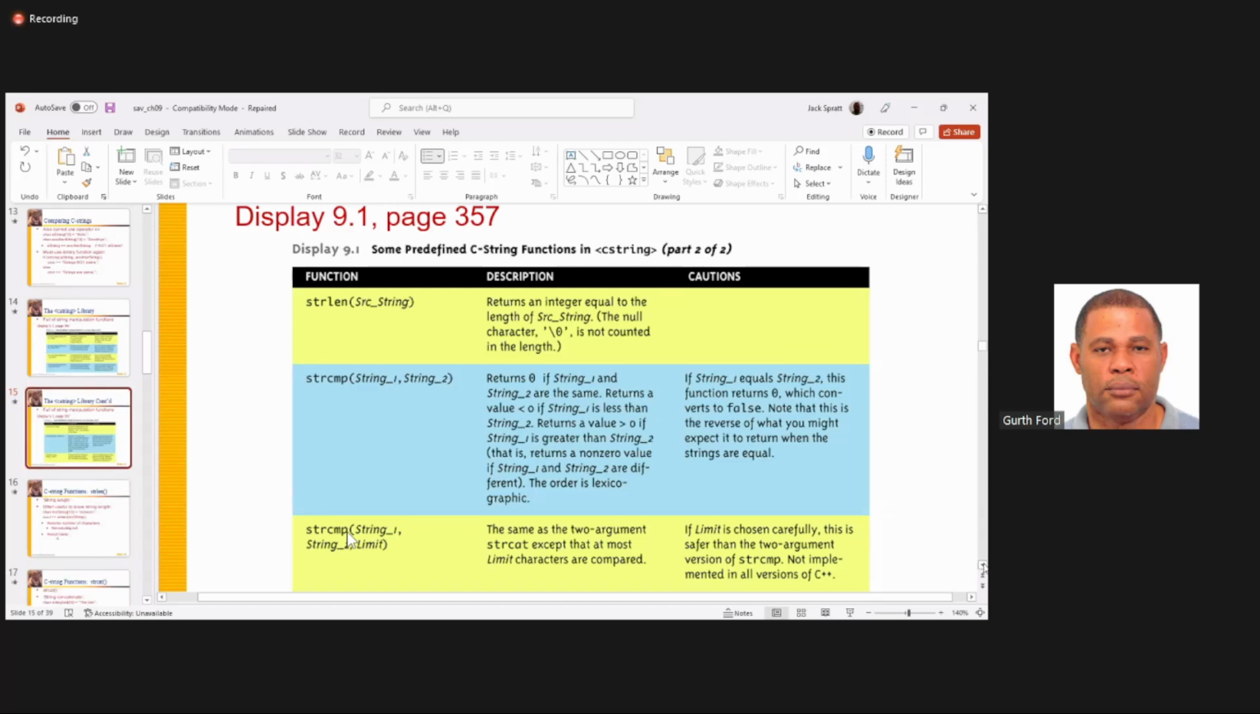More functions. We have string length, which returns an integer value equal to the length of the string. Now what that is actually going to do, you already know that you've got the null character. So if I have a 20-character variable called last name, and I want to find out how many letters are in this particular person's name,